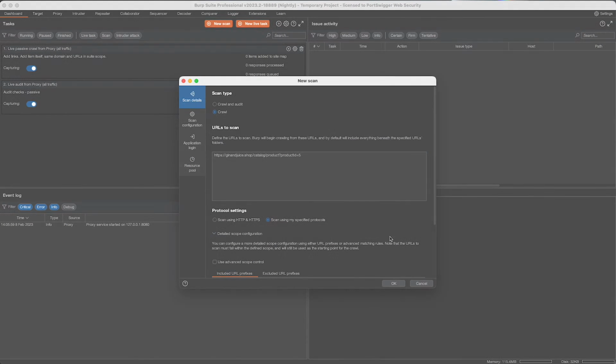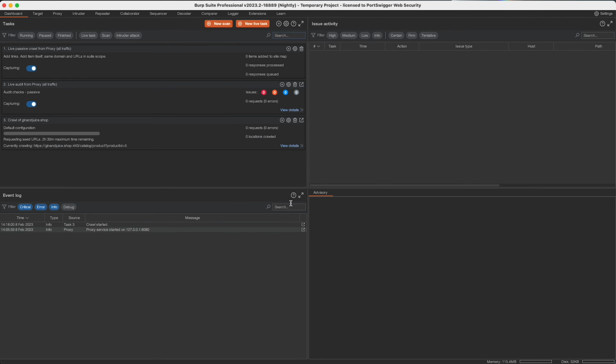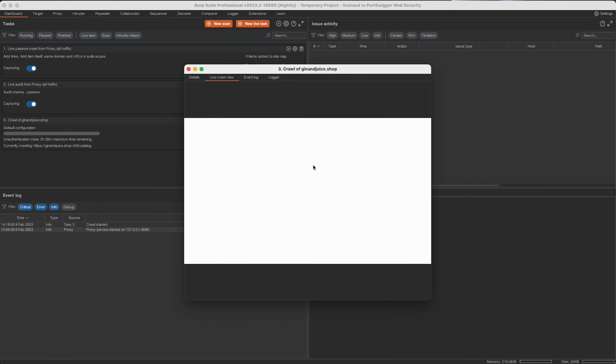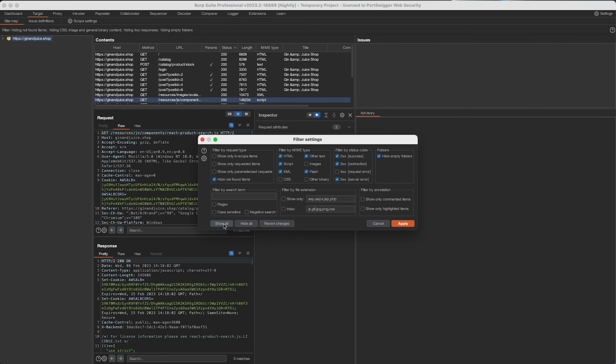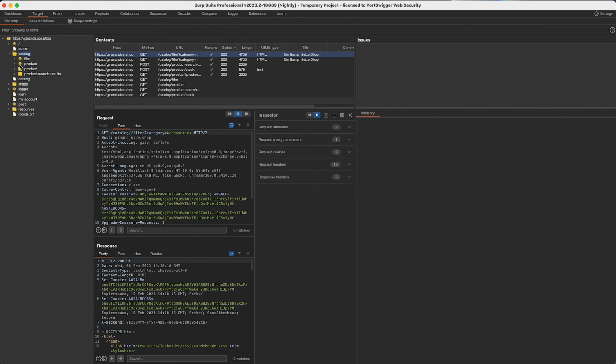To see all of this together, let's hop over to Burp Suite. I'm going to kick off a crawl of Gin and Juice Shop. Now, if we open up the Details tab, we can actually see the browser in action in the Live Crawl View tab and see it rendering the pages and crawling around in real time. If I head over to the sitemap, and I'm just going to show everything here,